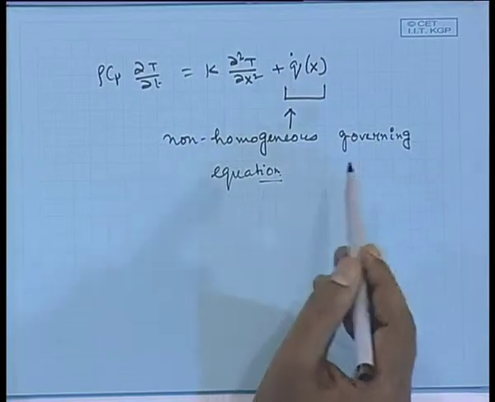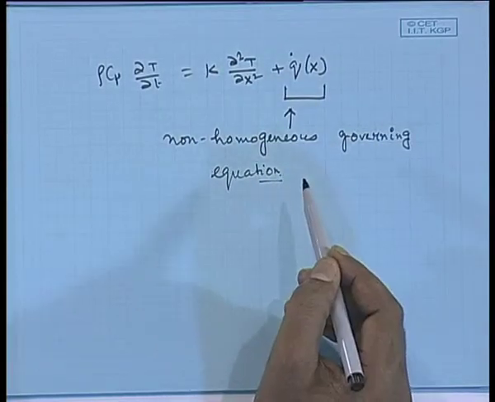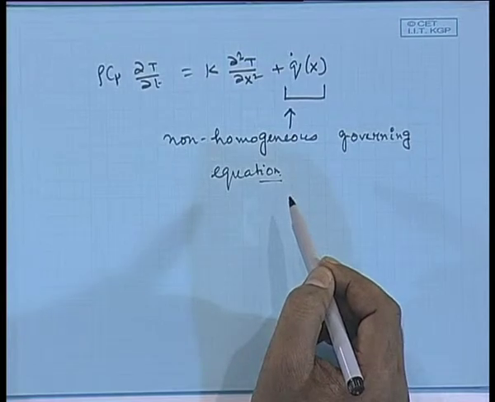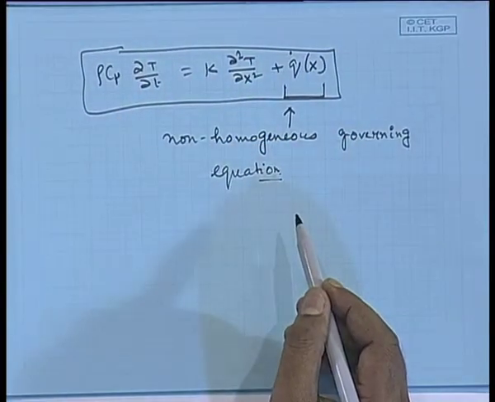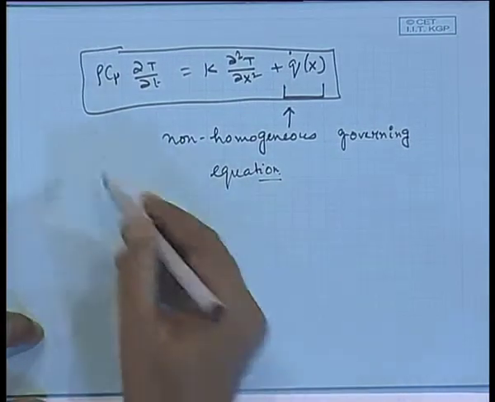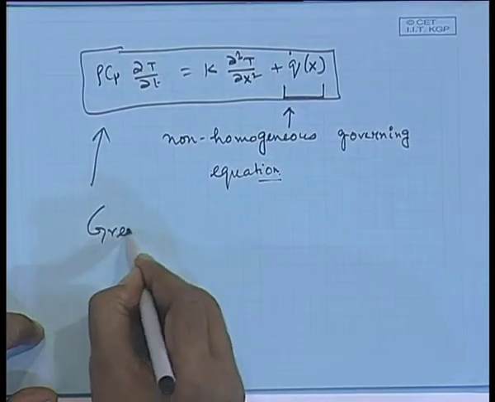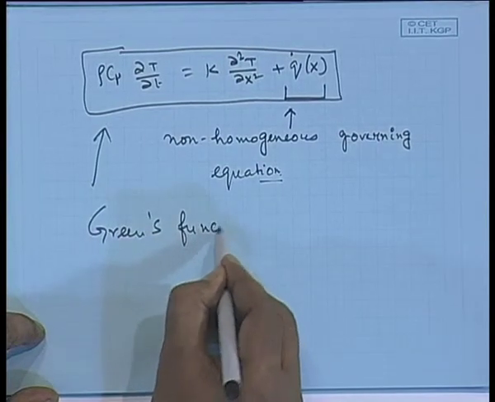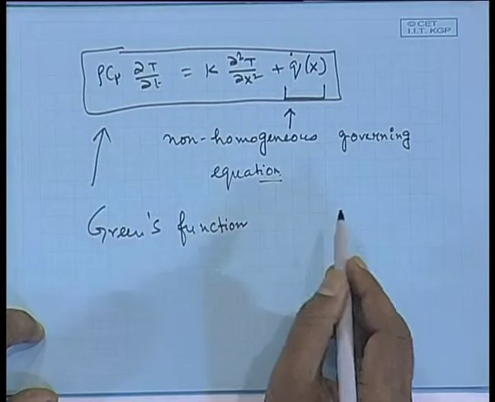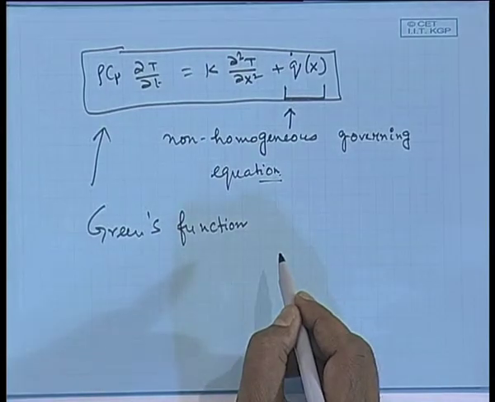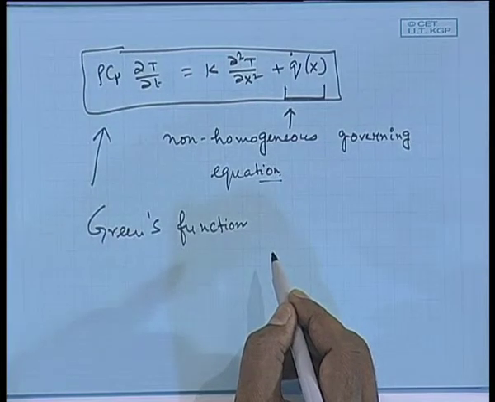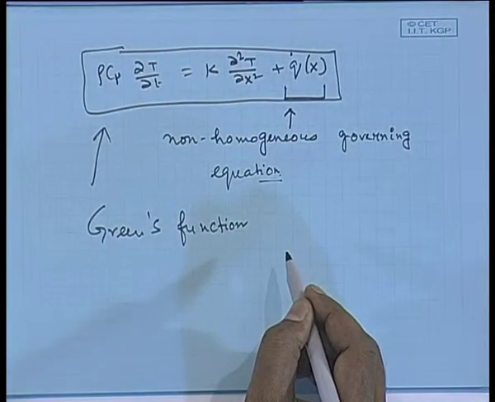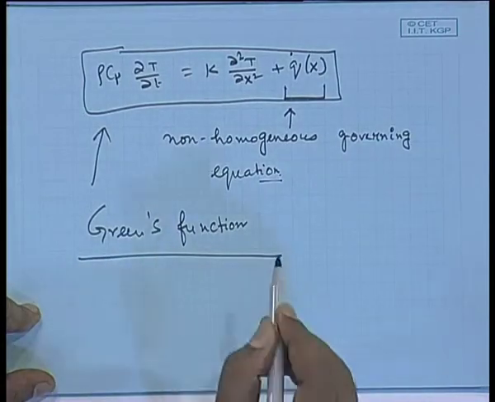Now, we have not talked about the solution of this equation. If you remember, we have talked about the homogeneous governing equation in all the cases with homogeneous or non-homogeneous boundary conditions. Now, again you can do a separation of, it is not exactly separation of variables, it is called the Green's function solution. Using Green's function, you can get a solution of this. Now, if I have some classes after Puja recess, I will be taking some of the lectures on how to solve these non-homogeneous governing equations. Okay. Now, I will move forward to another direction.